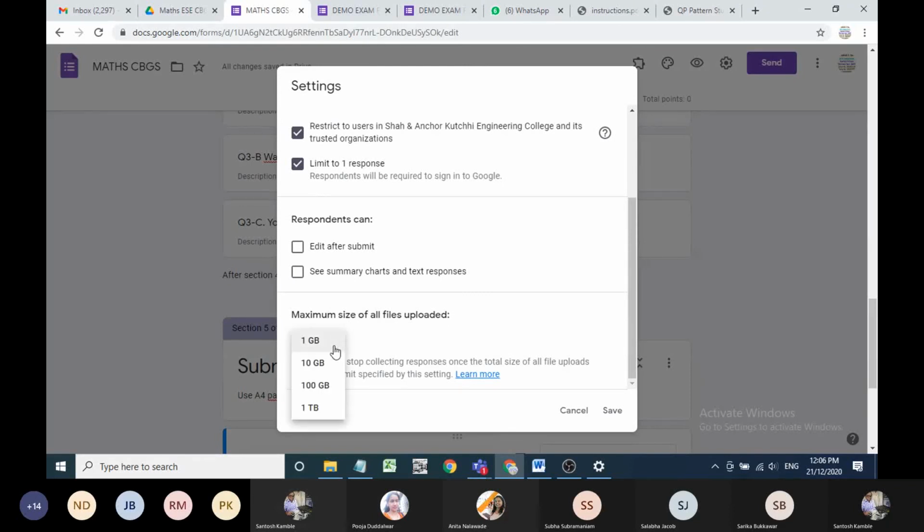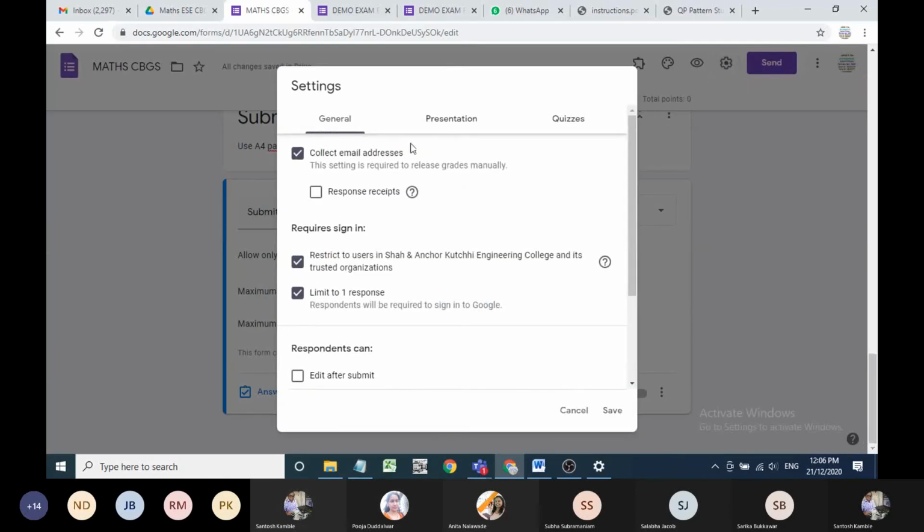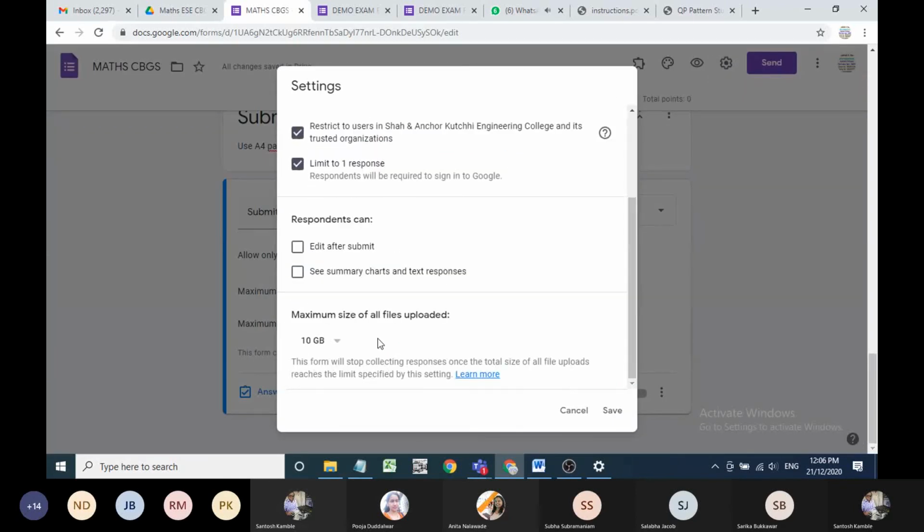So here you have to select either 10 GB or 100 GB according to your facility in Google. So I will select 10 GB. So 10 GB is sufficient. And then you have to select save. So this option appears in setting, general, below this, maximum size of all files uploaded, 10 GB.